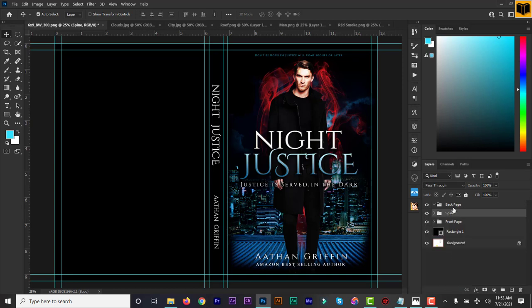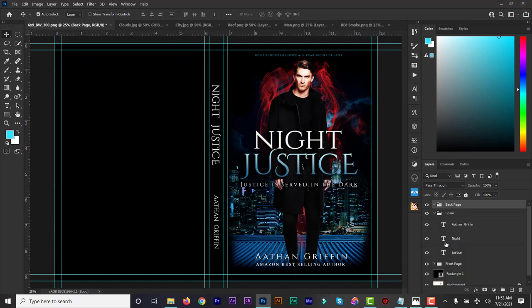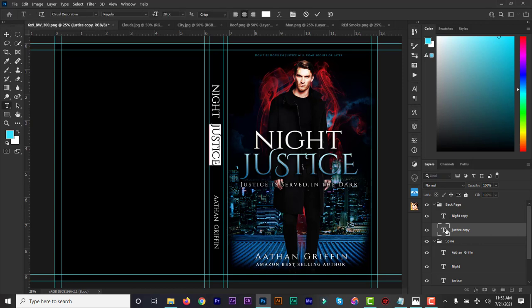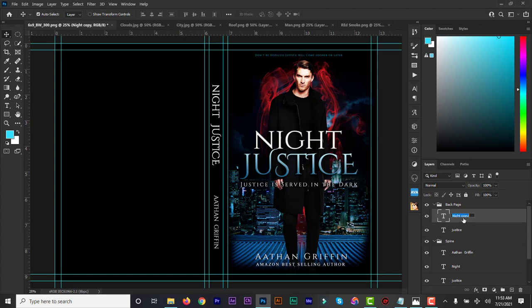Now the back, let's start working on the back. So we'll copy the details. So this time around, I'm going to duplicate the title. I want to add it to the back, so I don't have to recreate it this time around. So this is justice. Let's remove the copy,